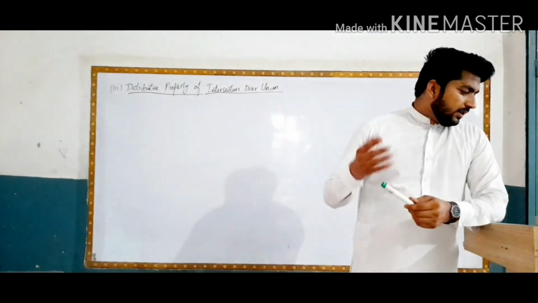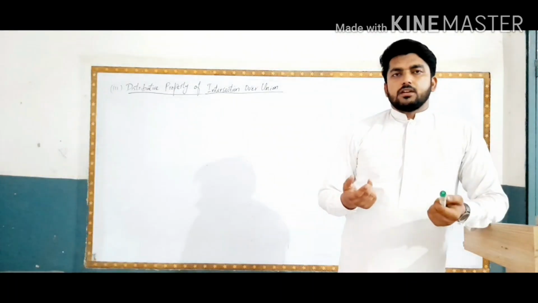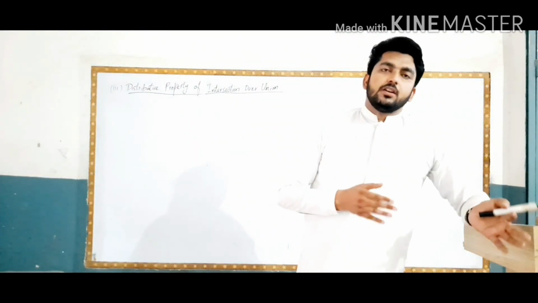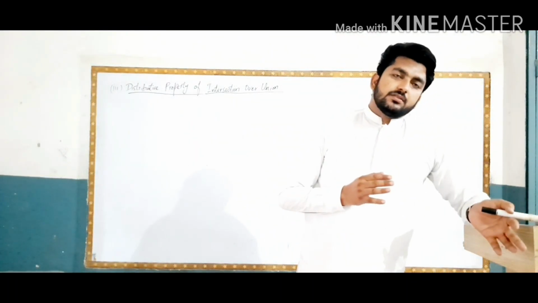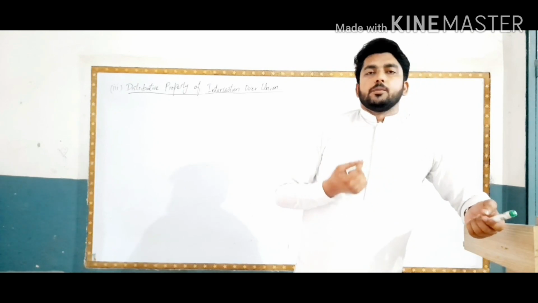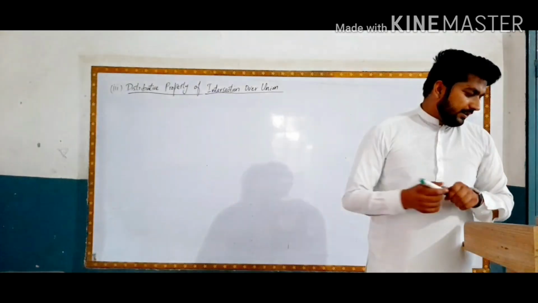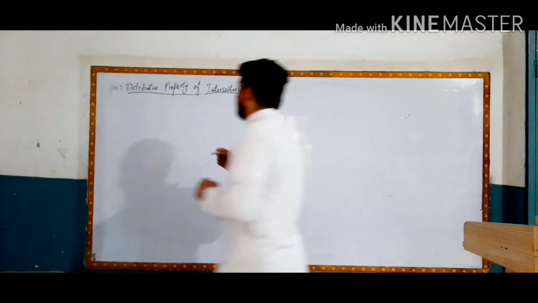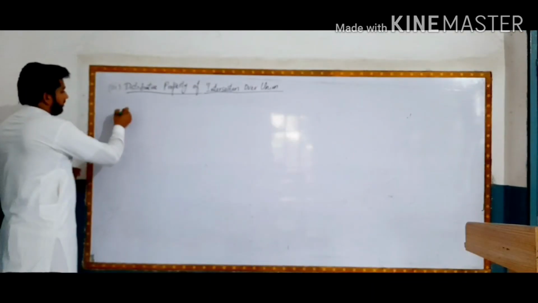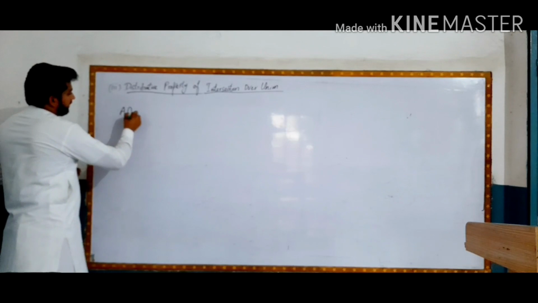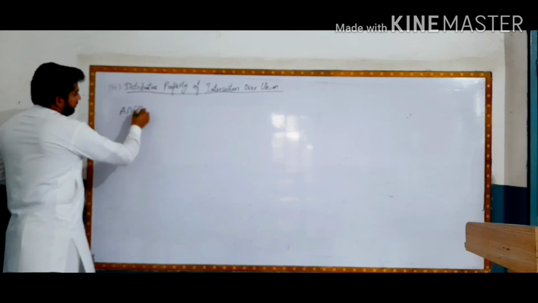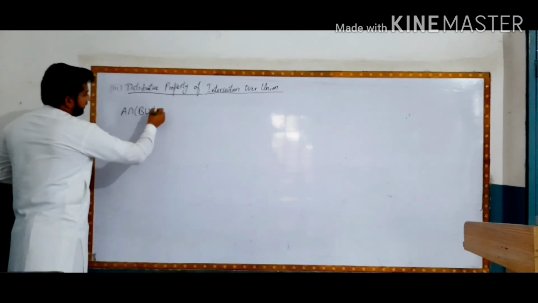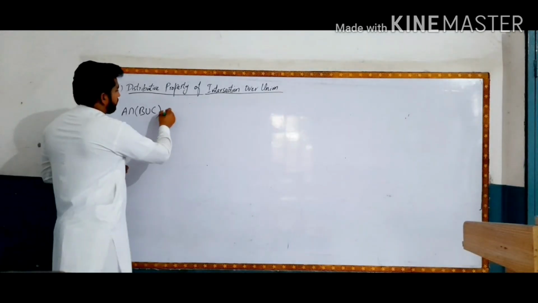So take the previous sets, which are A, B and C. The left side of this property is A intersection (B union C), which is equal to